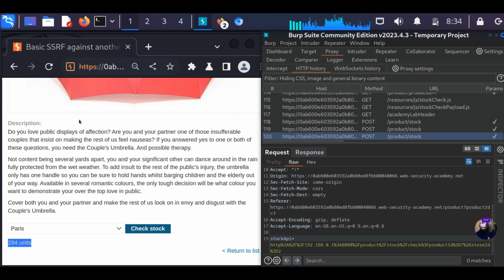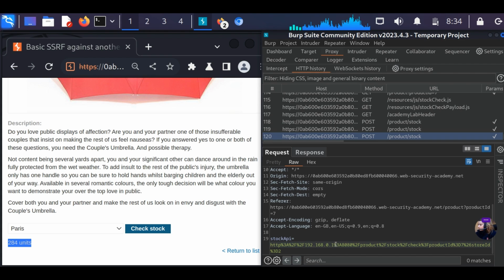In order for the website to retrieve this information, the website communicates with this internal IP address here. We can see that this is URL encoded HTTP, colon, slash slash,